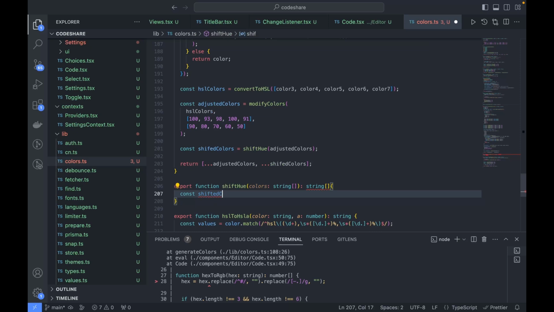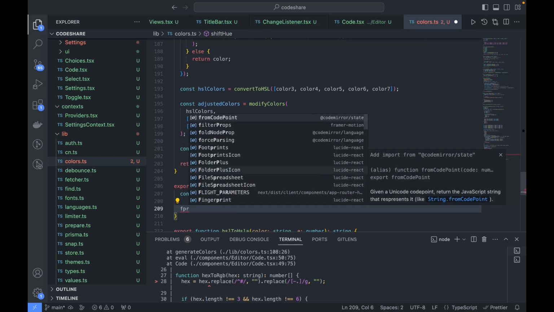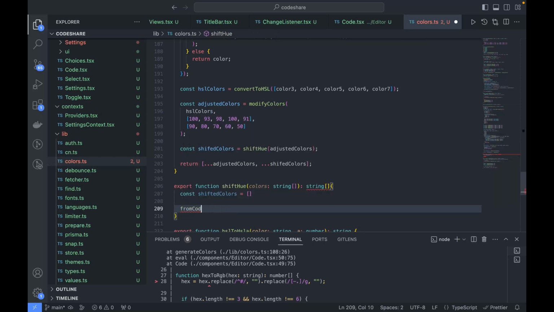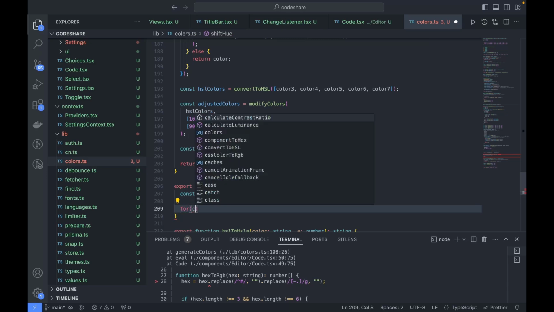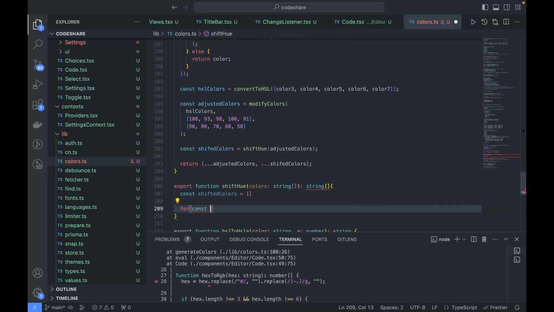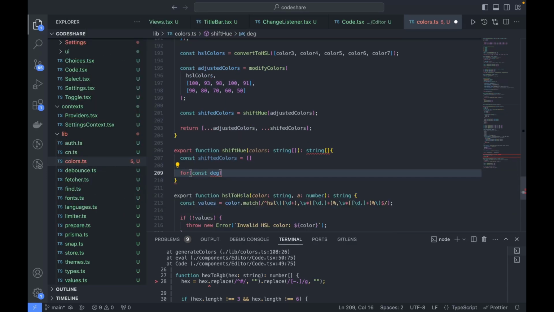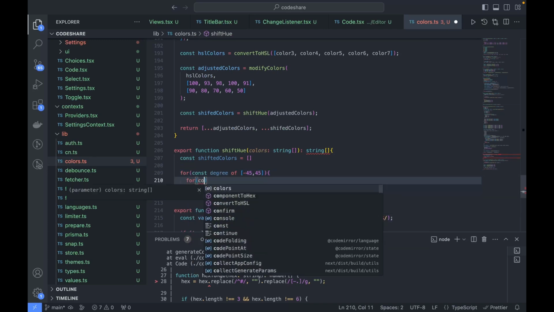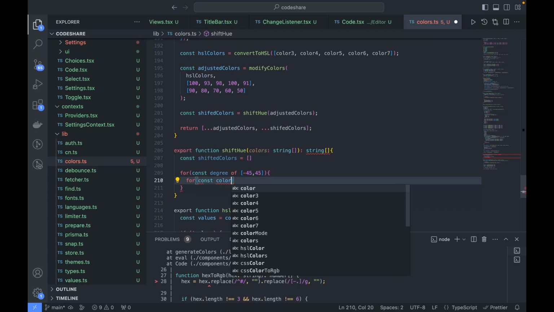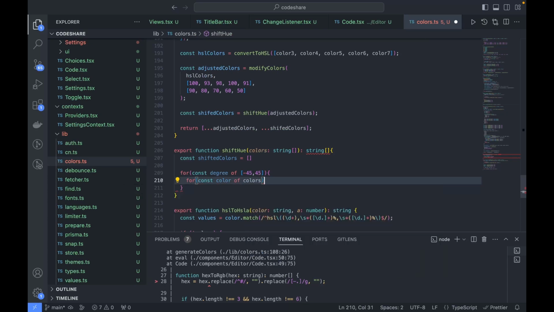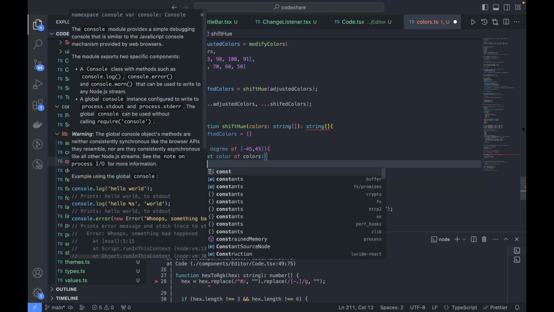So let's first have this empty shifted colors array, and I'm just going to iterate through this degrees. Okay, so degree of this minus 45 to 45. Okay, and now let's get each color using this input parameter, which is the colors, and I'm just going to